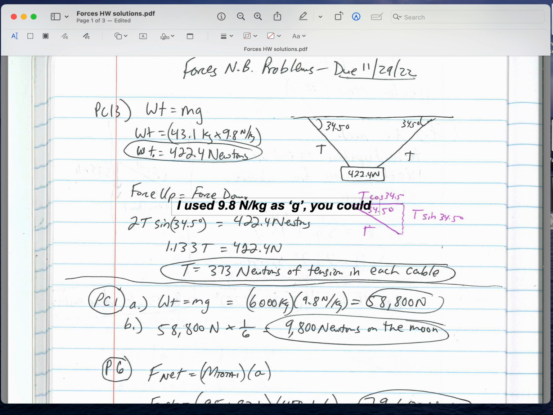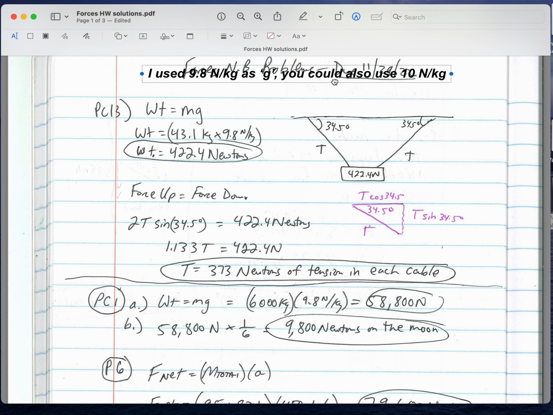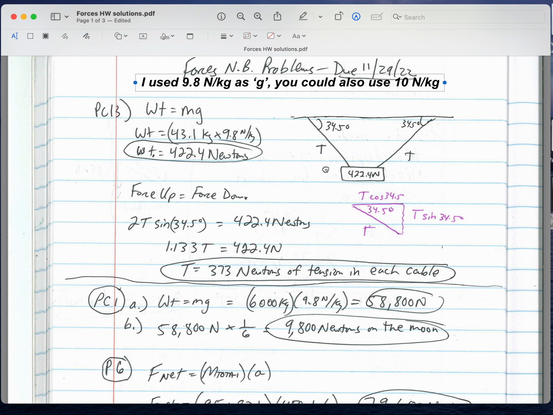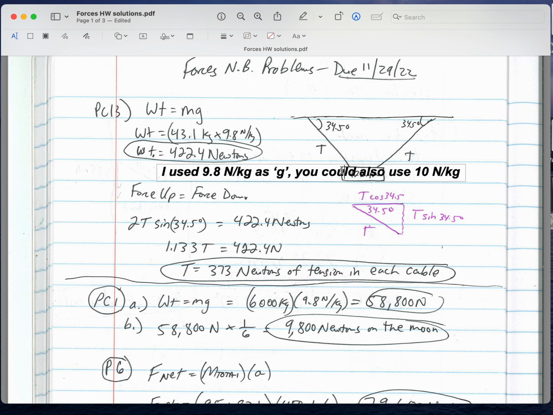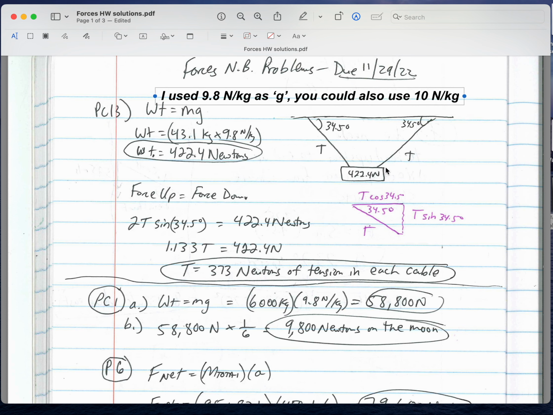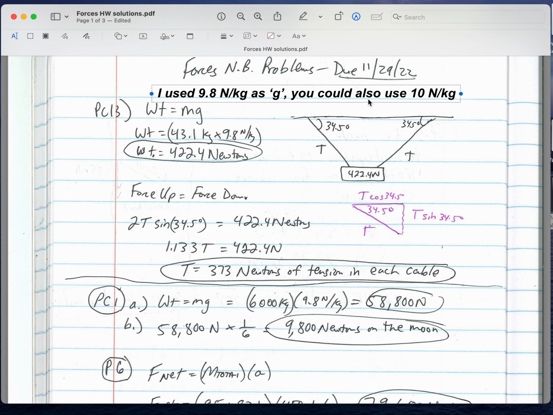You could also use 10. And a newton per kilogram is the same thing as, ooh, that's weird. You could also say meters per second per second. Those mean the same thing dimensionally. At any rate, so